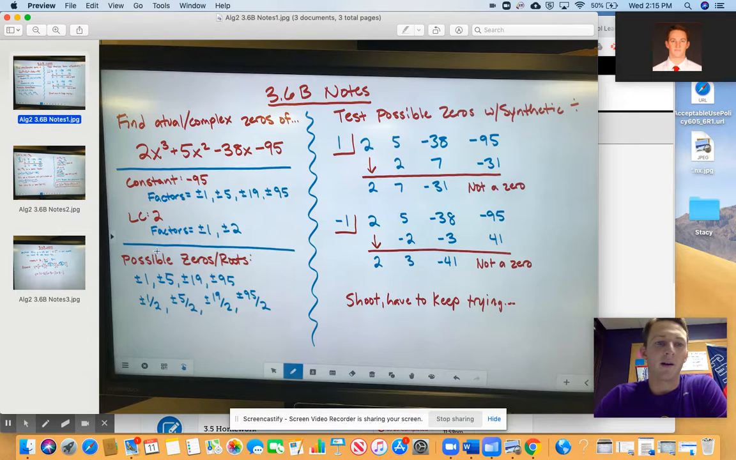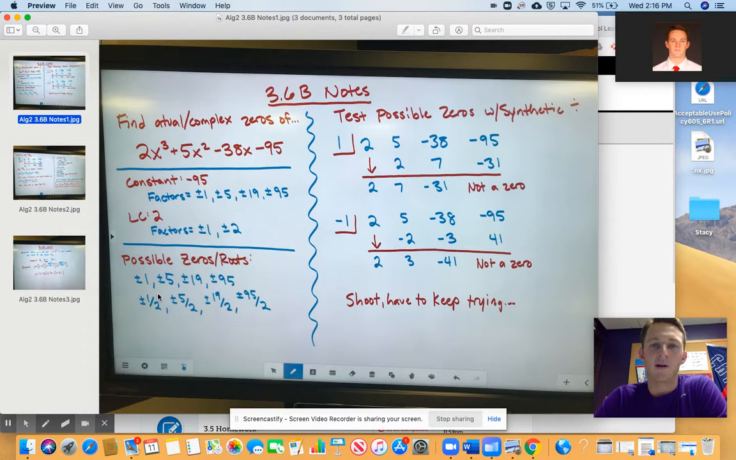Just a reminder, to find these possible zeros, it is a fraction with the constant factors over the leading coefficient factors. So we're going to always use 1 on the bottom for these first four, and then we'll move on to 2 after that, just so we have everything covered. So 1 divided by 1 is 1, 5 divided by 1 is 5, 19 divided by 1 is 19, 95 divided by 1 is 95. Again, we have plus or minus for all of these. And then we're going to move on to 2 on the bottom of our fraction. So 1 divided by 2, 5 divided by 2, 19 halves, and 95 halves. And we have all 16 possible